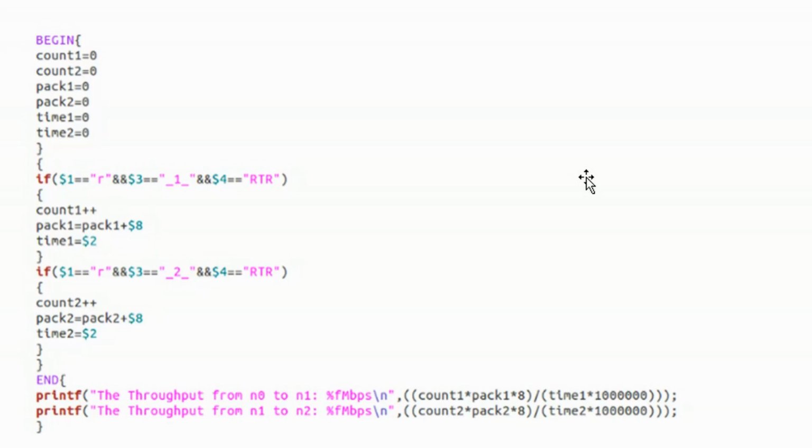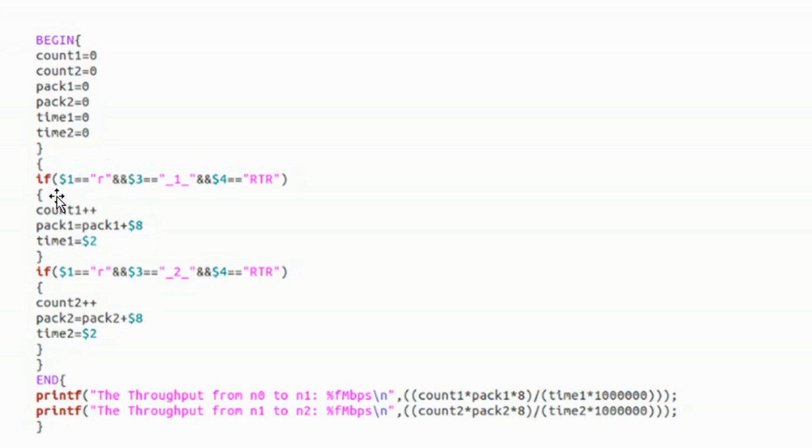This is my awk file, you need to write this code and save it with the .awk extension. So what do we have in this? Initially I have count 0, count 1, count 2, packet 1, packet 2, time 1, time 2. I am initializing everything as 0.